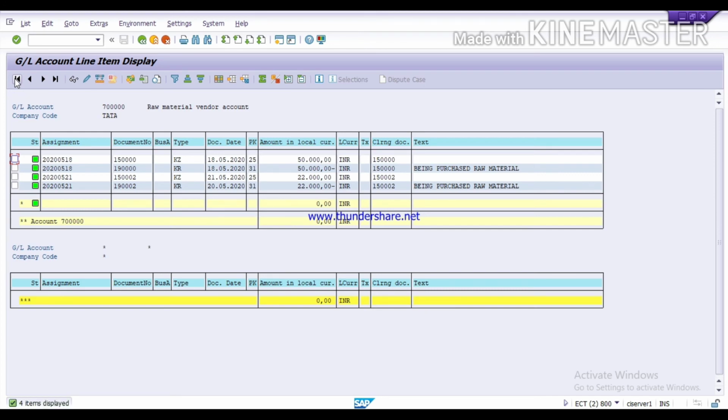Here you can see the document which we posted today, that is 21st of May 2020, of 22,000 rupees, is posted, because now it has changed the color to green. It is cleared. Green means it is cleared.